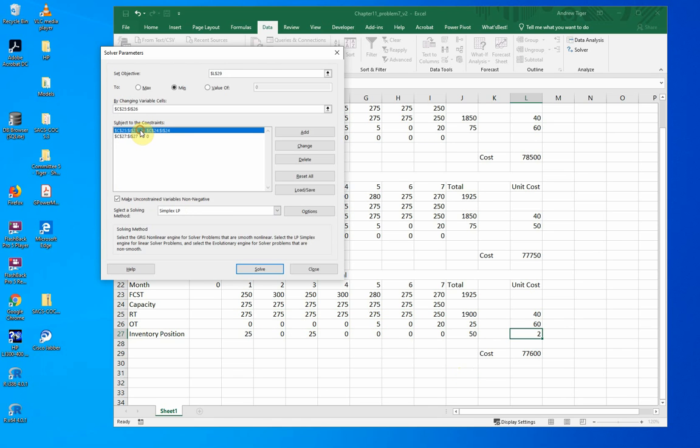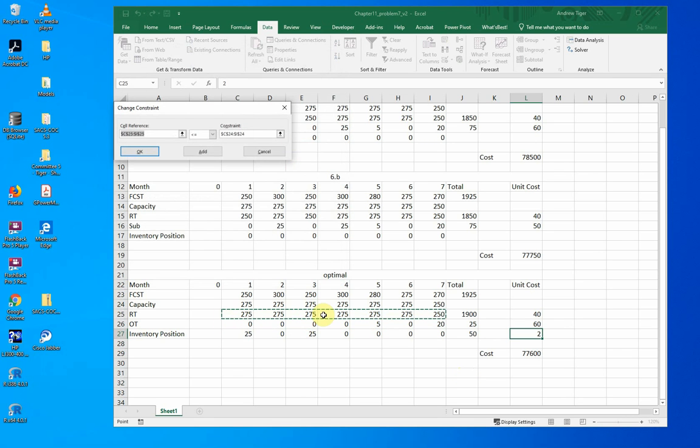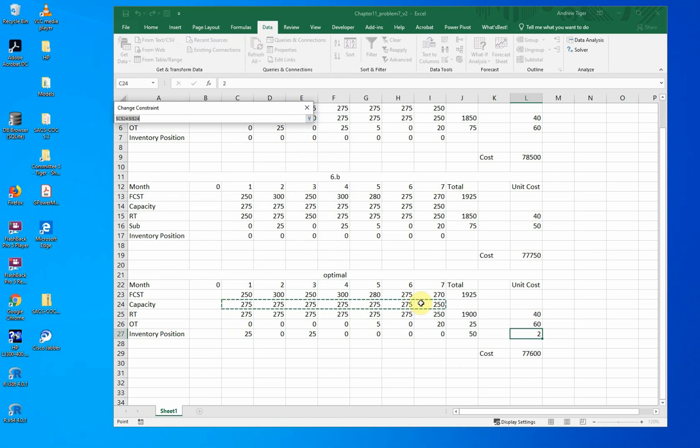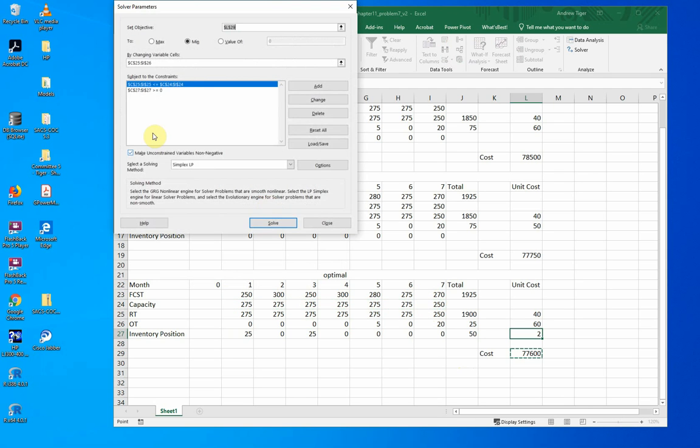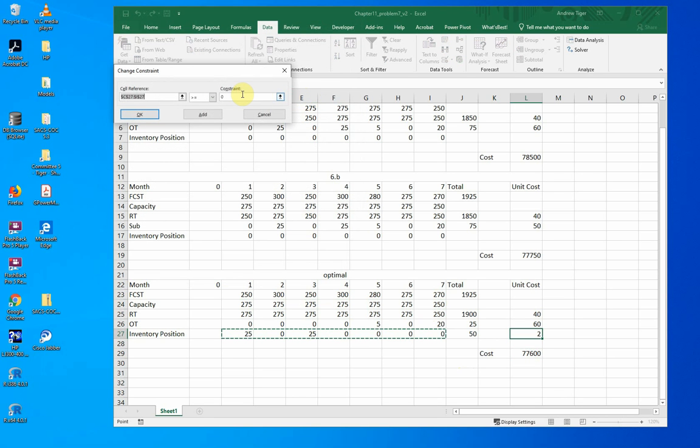And then I have two sets of constraints. One of them is that my regular time usage has to be less than or equal to my capacity, which is identical except in the last month. In month 7, it can't be more than that for regular time capacity. And I also have a constraint that says my inventory position has to be positive or not negative. That way I don't have any back orders. If you set this all up and then hit solve,